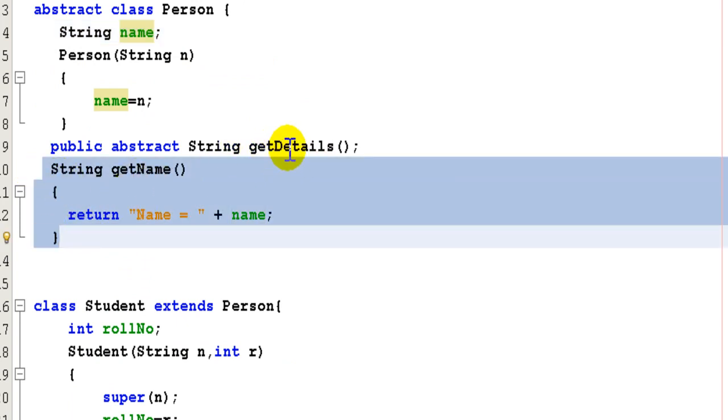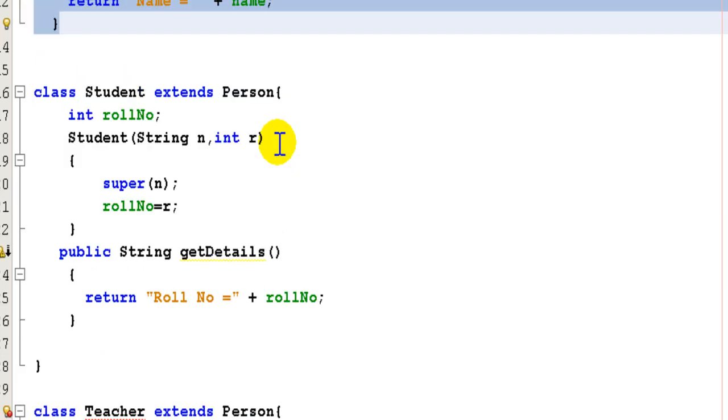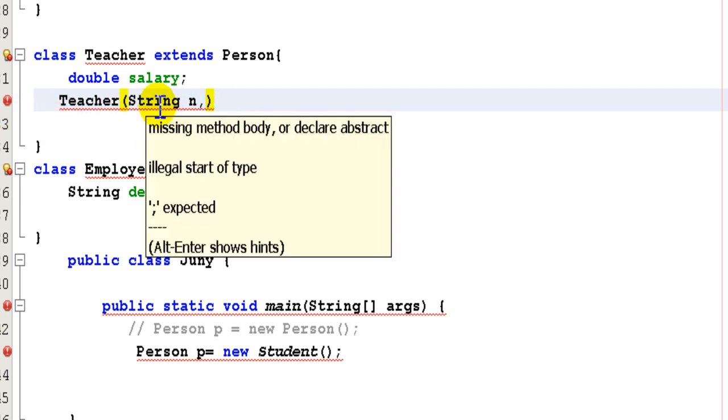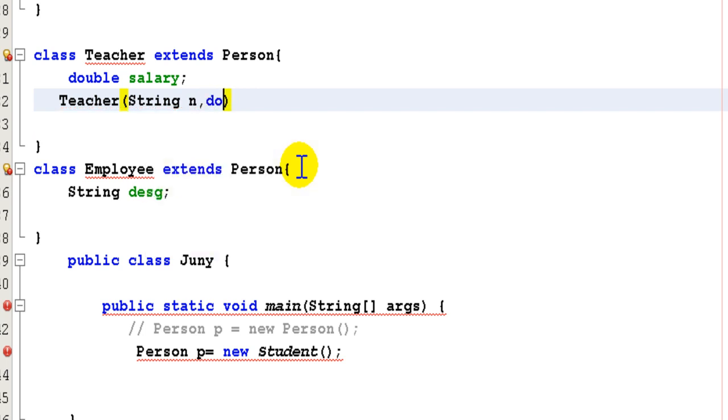Abstract class, you need to implement it. And so my teacher class is having its salary, the name from the person class, also the get name from the person class. And now I am using the constructor of the teacher class, when I create an object, I will call this teacher constructor, and I'm giving it a parameter string n for the name, and also I have to use the double salary. So I will say double